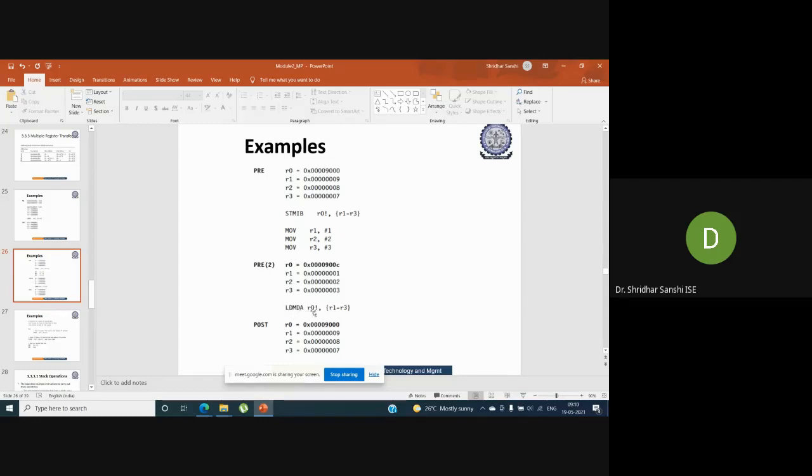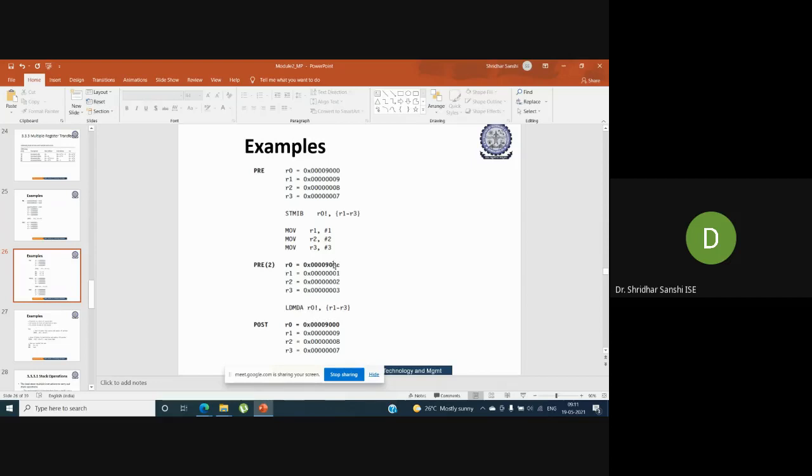Again what we are doing is LDMDA of R0. What do you mean by DA? Decrement after. You can see the starting address: R0 points to 900C, right?